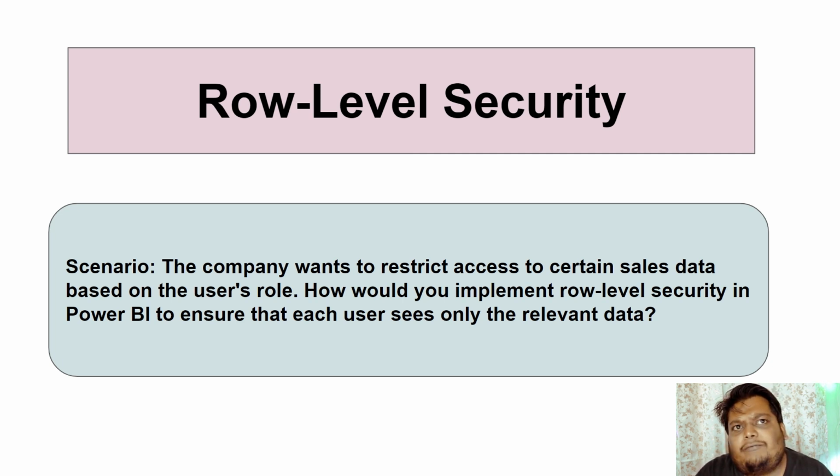in your company there is sales data from Delhi, Mumbai, Bangalore, Chennai. Okay, so now there are different managers in all the locations. Delhi has a separate sales manager, then Mumbai, Bangalore, and Chennai as well. So now how will I ensure that the Chennai sales manager does not see the data for Bangalore sales or Delhi sales, right? So this is where the row level security is very important. And in every Power BI interview, you will definitely face this. So make sure that you are prepared well, you learn how to implement the row level security.